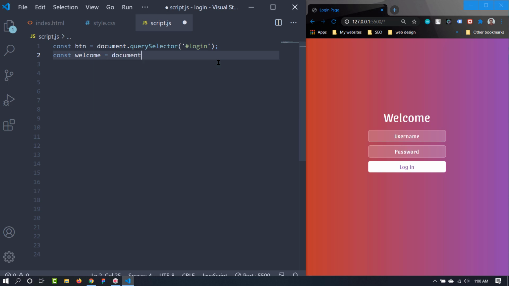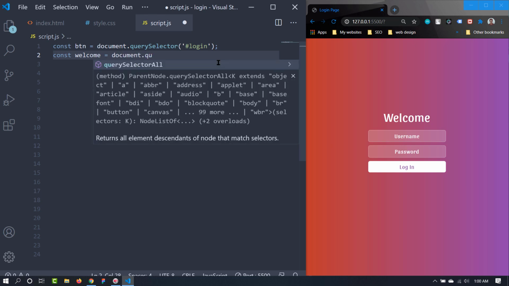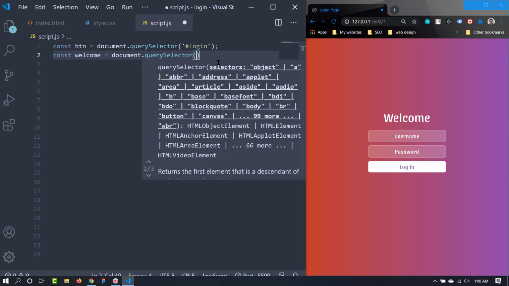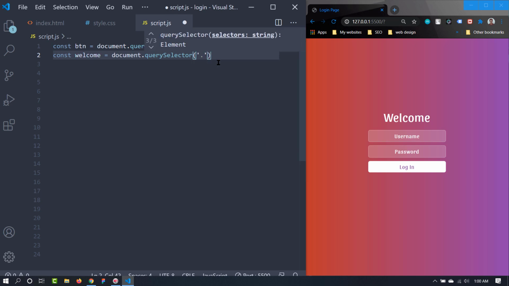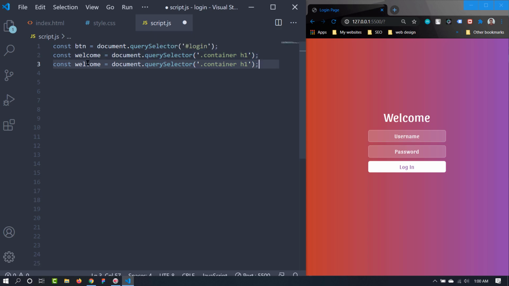Again, document dot query selector, not all, and it's inside the container. Let's just copy and paste this. The third one we need is the form here, and it has this class of form, so we get all our elements.